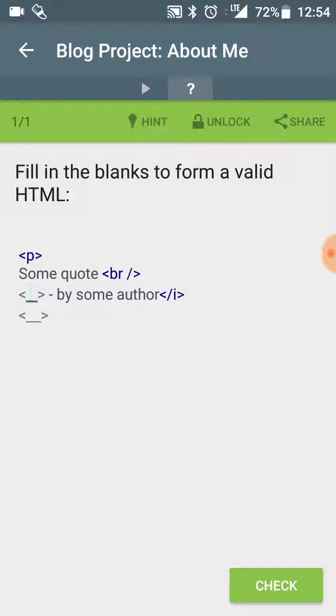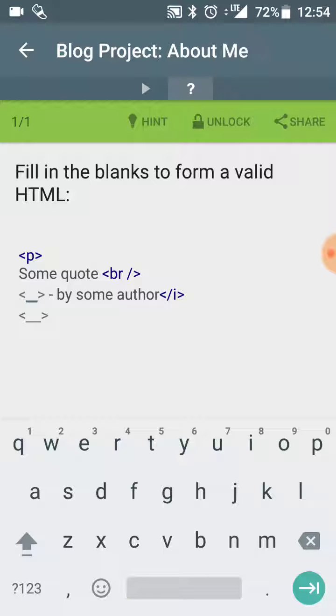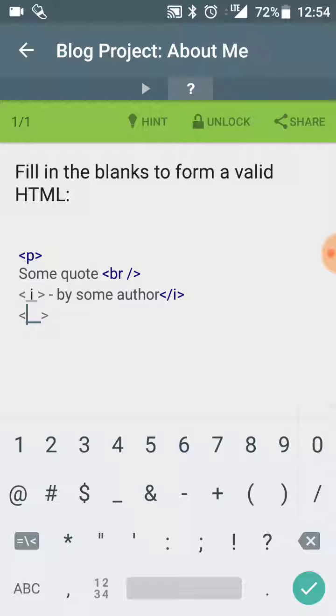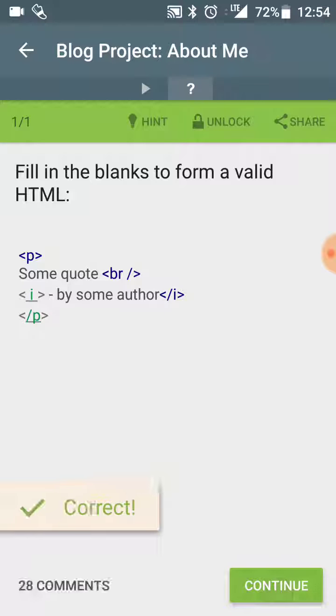Fill in the blanks to form a valid HTML. This is the I for Italic, and then a closing P. Okay, so